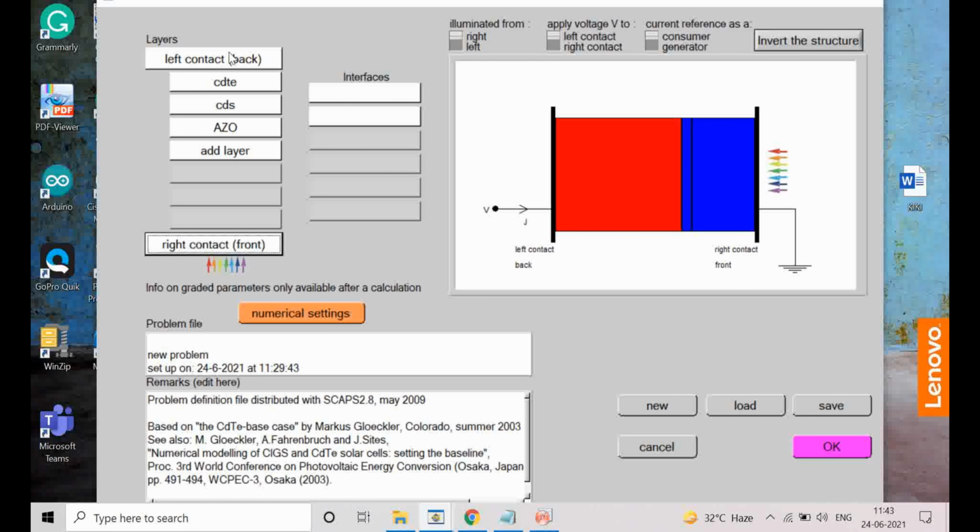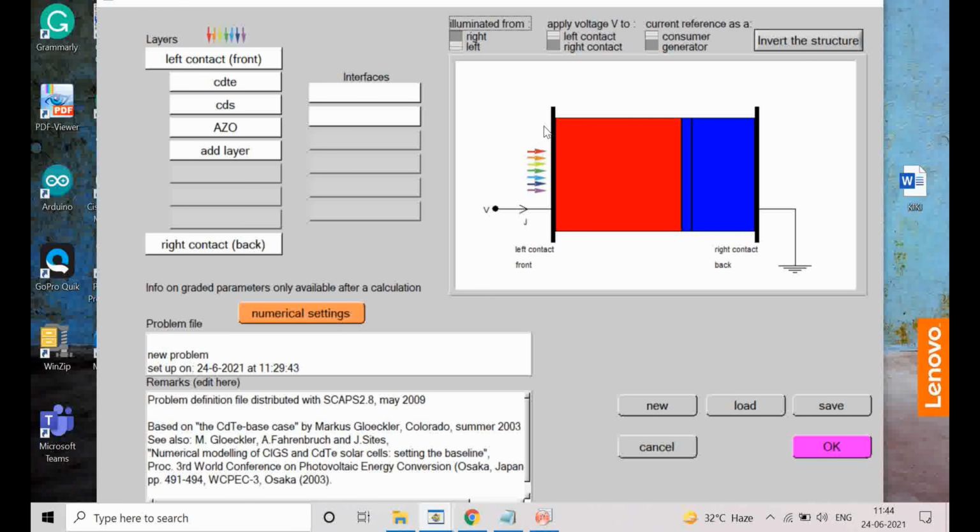Here we are not bothering about left contact because right now we only want a primary junction. Okay, so this is our device, and you can see the light is coming from the wide side, from the front side. So front side is grounded, and we are applying voltage from the P side. Okay, you can see. So you can do these things. You can illuminate from the left side.